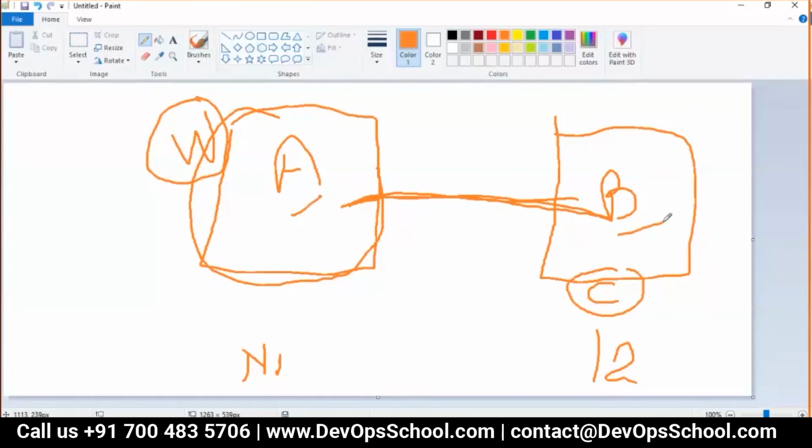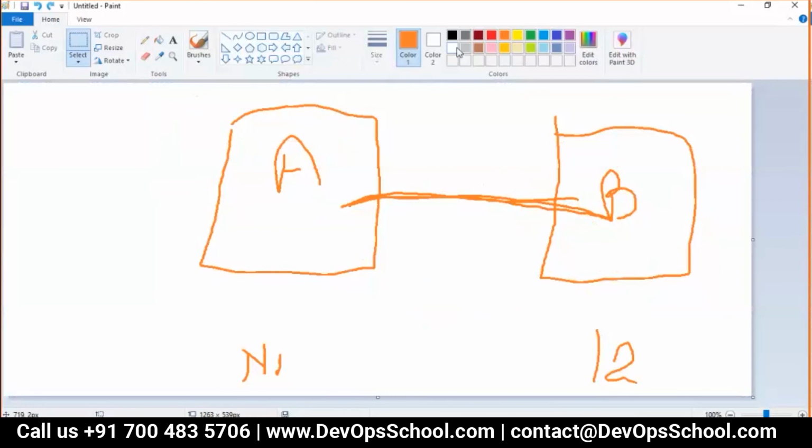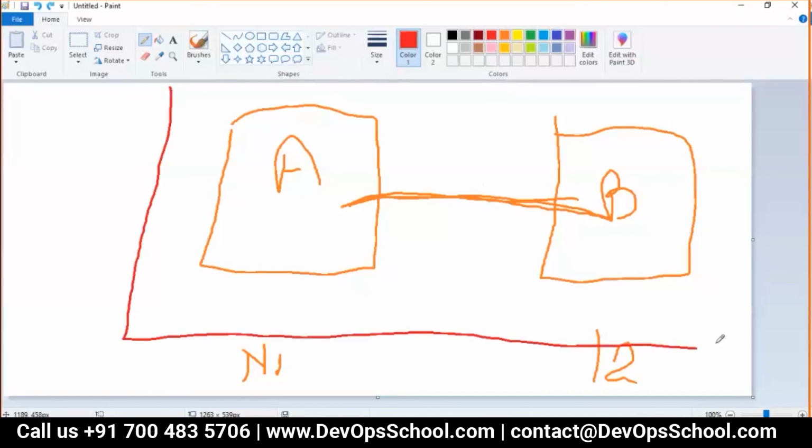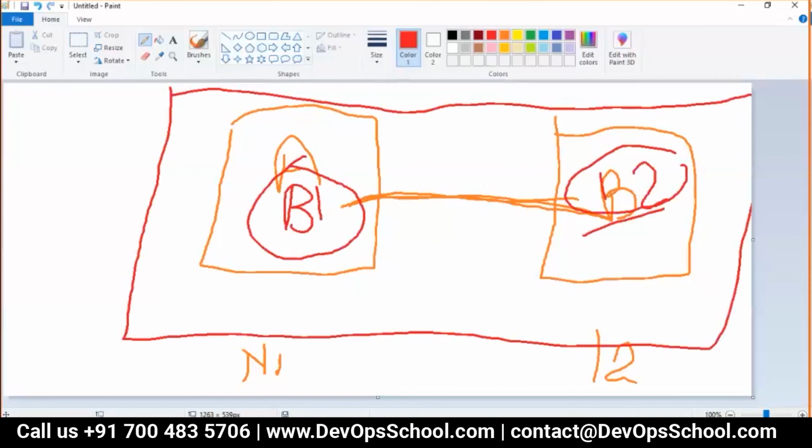So how much time will it take to set up this network, run the application in this network, connect, routing, bridge, all this thing? It might take a lot of time, but in Docker, it will take 1 second. True, 1 second. How? Let's understand this. Both networks you can create in the same host. This is one machine, this is bridge 1, this is bridge 2. Out of which I got one network already created.